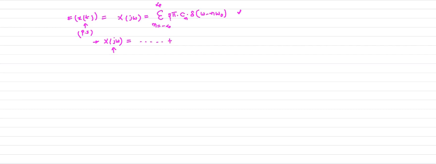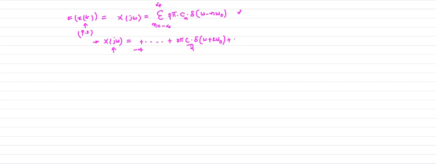So I just consider n equal to minus 2 here. If I consider n equal to minus 2, now what is the result here? 2 pi into C minus 2. I consider n equal to minus 2 on the negative side of the real axis. So delta of omega plus 2 omega naught. It is ranging from n equal to minus infinity, so I just considered 5 samples from n equal to minus 2 to n equal to plus 2.